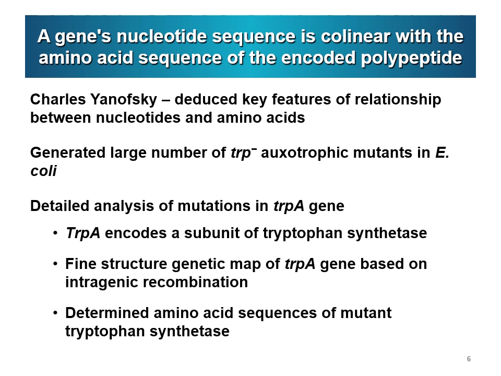So he did genetic mapping of TRPA genes, based on recombination, and we know already how that's done. And afterwards, he determined the amino acid sequence of mutant tryptophan synthetase, and that's when he saw